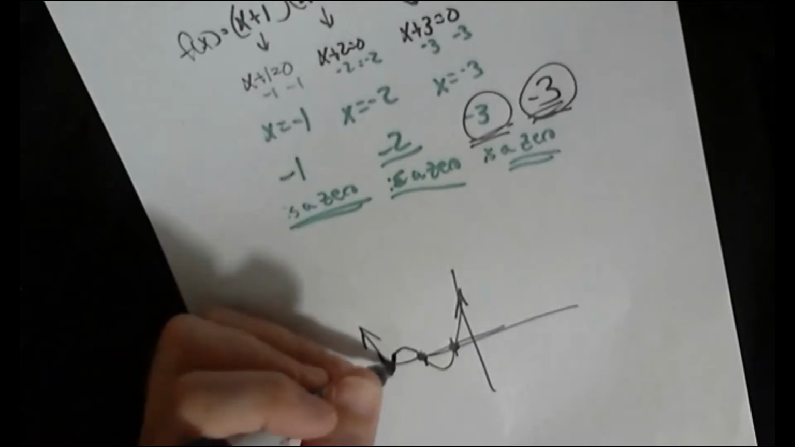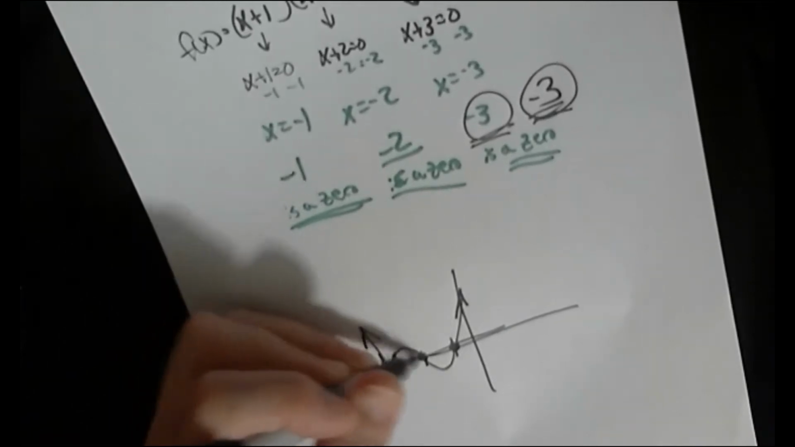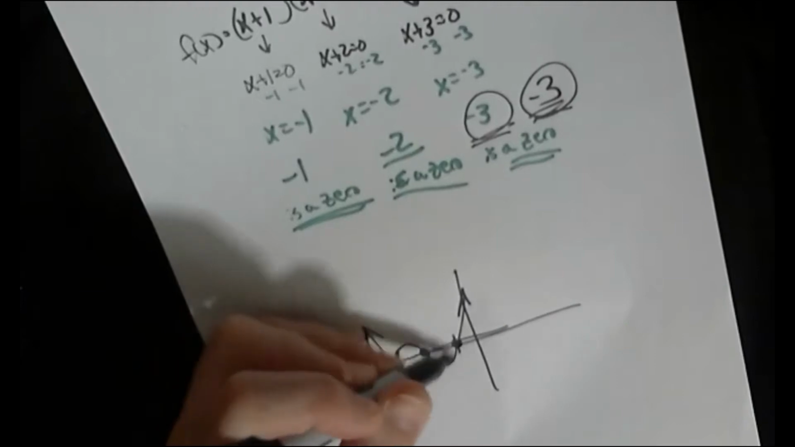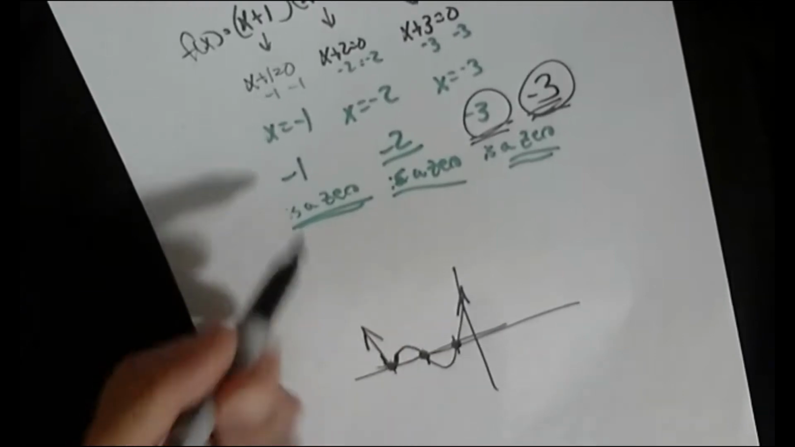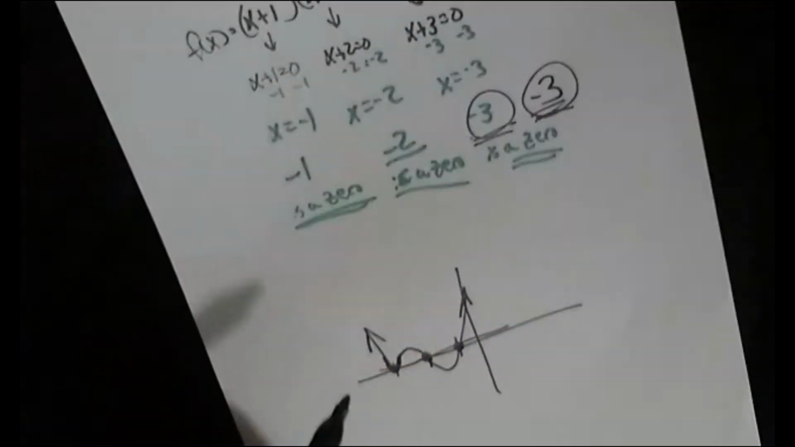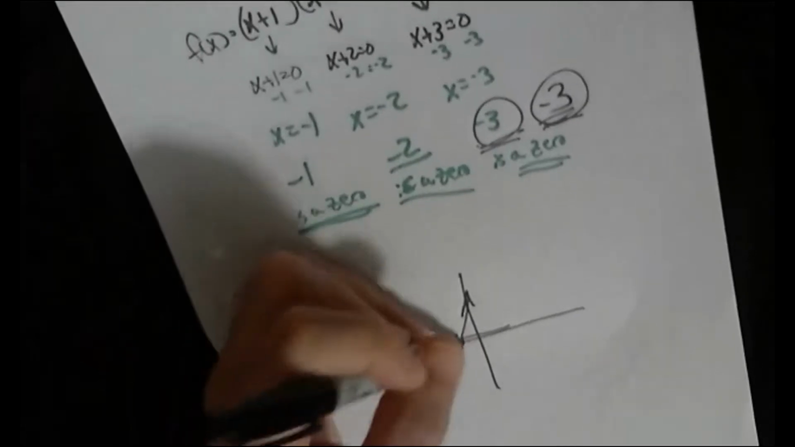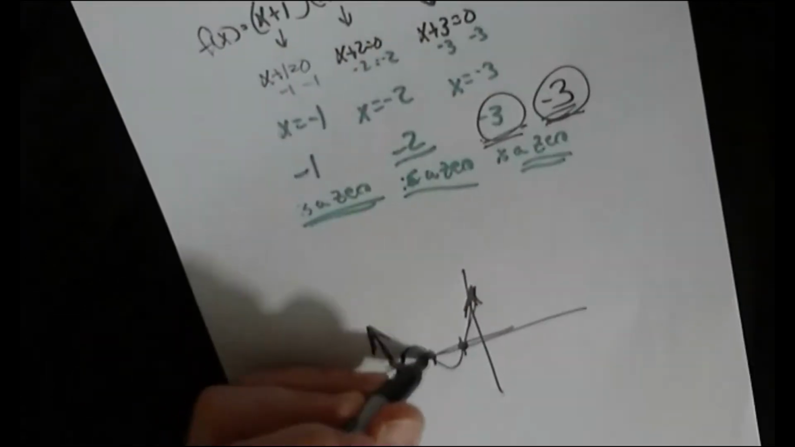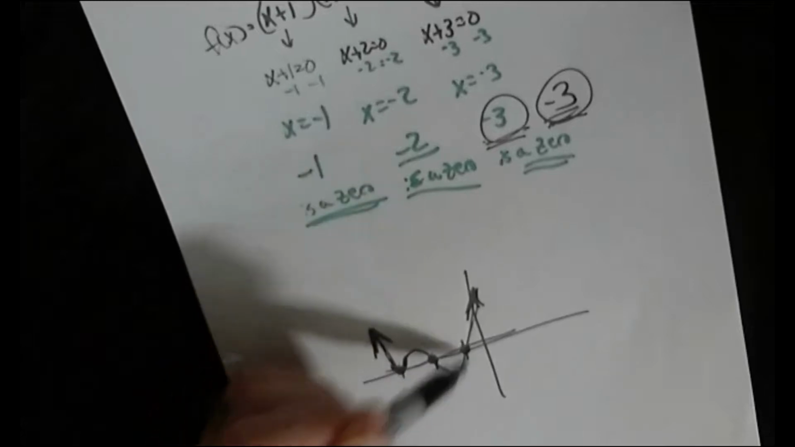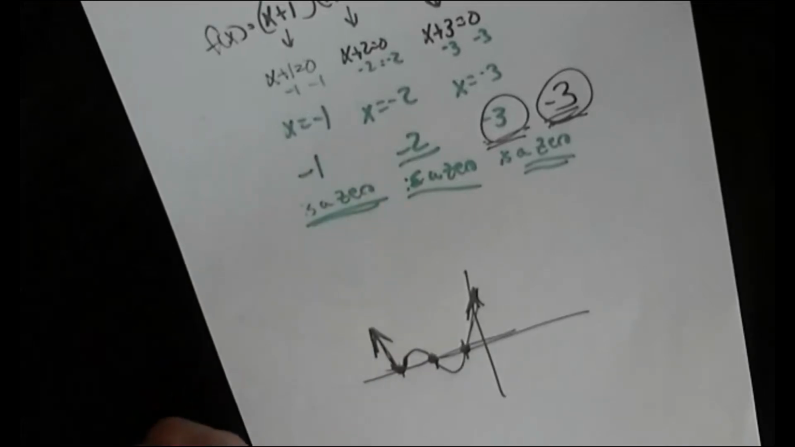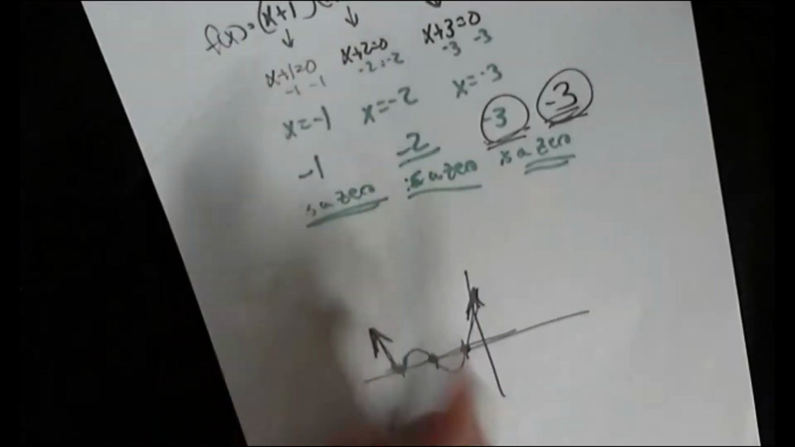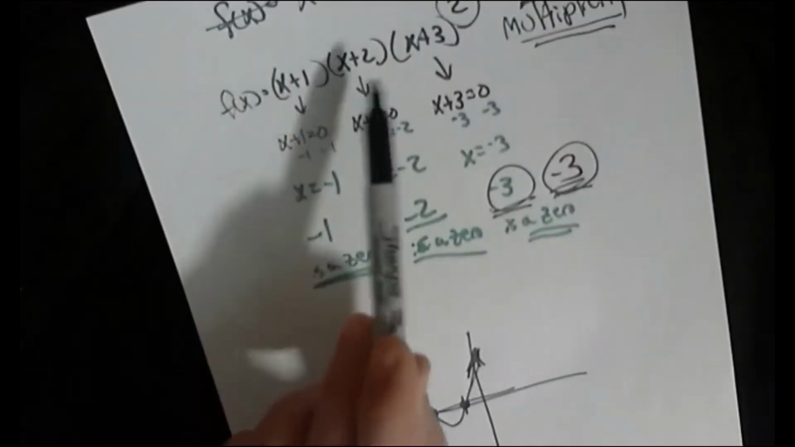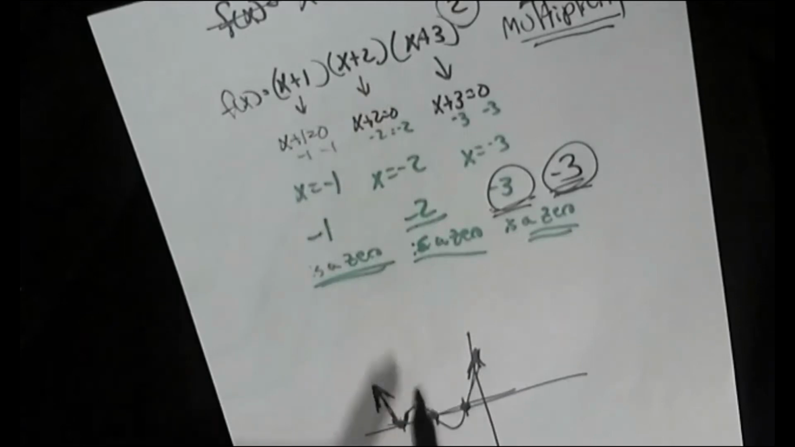Now, this piece in between, I don't know exactly how far this goes up. I don't know exactly how far this goes down. But just based off of my zeros and the fact that this is a multiplicity, I know some things about this graph. Again, I can tell you my end behavior. I can tell you I'm going to bounce. I'm not going to go through the axis here because I have an even multiplicity, but I am going to go through the x-axis on my other 2 zeros. So if I were to take Desmos and graph this function, it would look something like